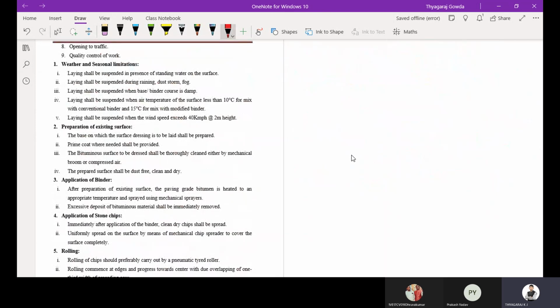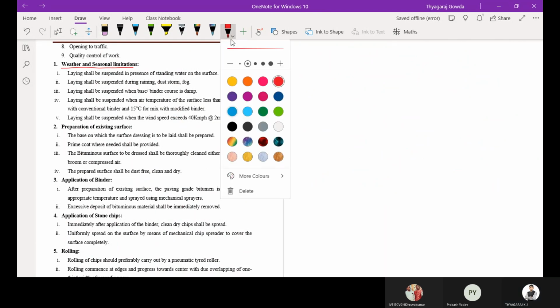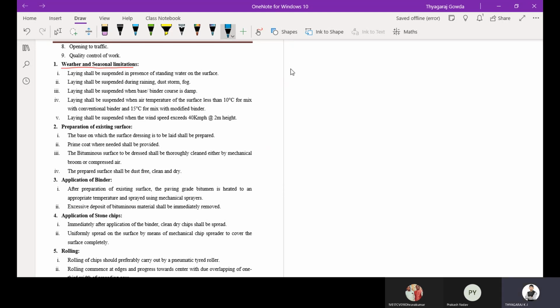Now the first one is weather and seasonal limitations. Laying shall be suspended in presence of standing water. The bituminous mixes should not be laid in the presence of water.